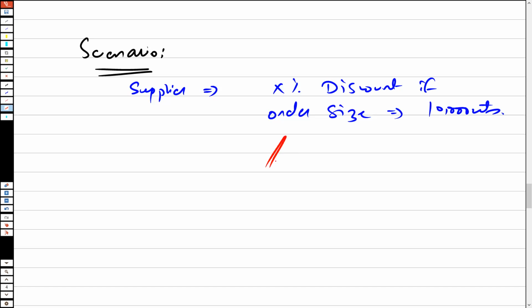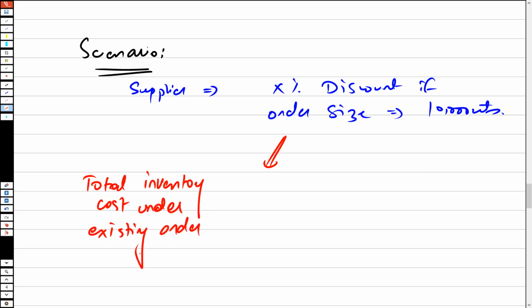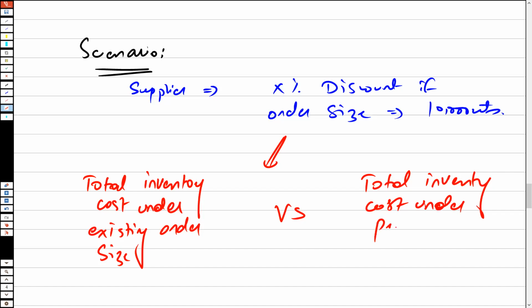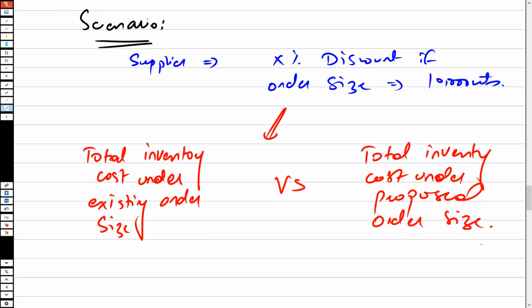So what you should do is compare the total inventory cost under the existing order size versus the total inventory cost under the proposed order size. So for example,